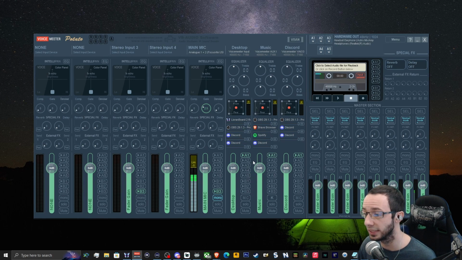If I want to hear these sounds on my external speakers, I just simply have to hit these A2 lights and the audio will come out of my speakers or whatever you have set to your A2. As I said before, you can have 5 hardware outputs if you have 5 separate speakers. And if you wanted everything to come out of everything at once, you would have all the lights turned on for the music column. This would mean you want all your music, you want music to come out of all